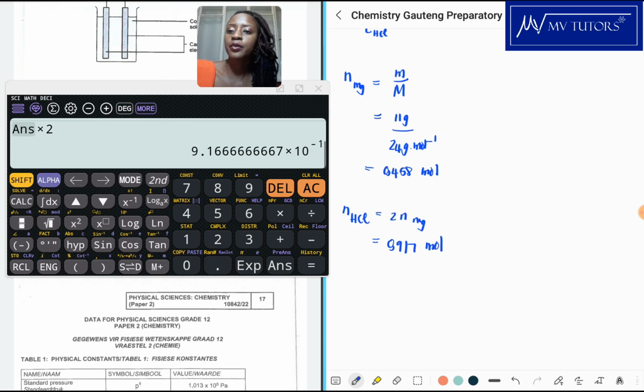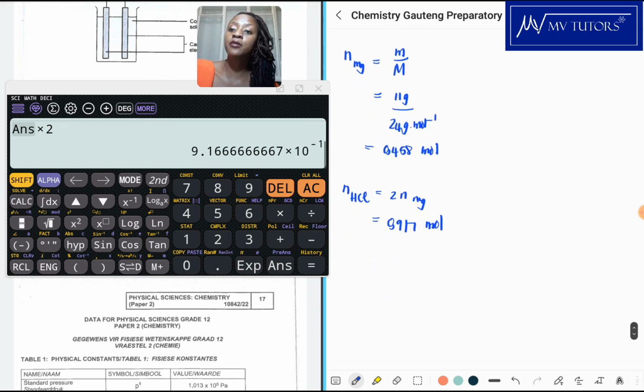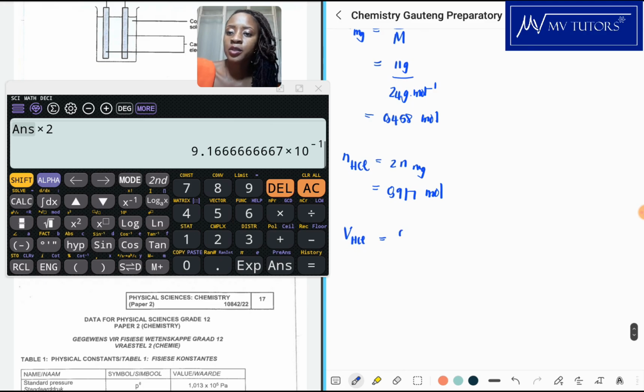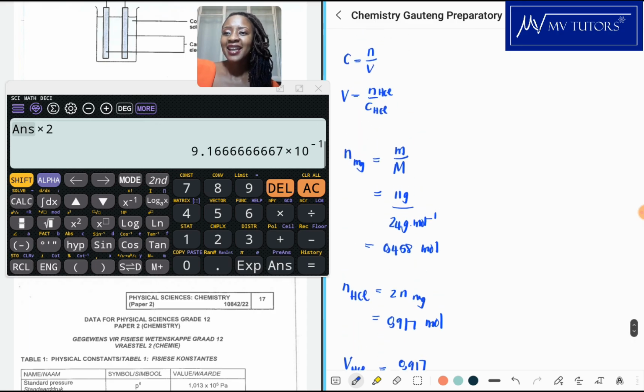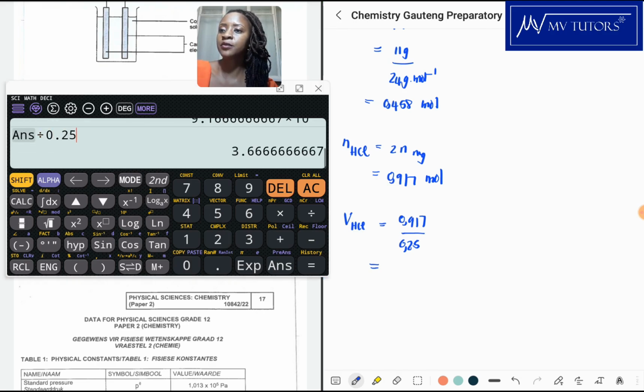mole. Okay, now that we have the number of moles, we also have the concentration. So the volume for hydrochloric acid will be the number of moles, which is 0.917. Please don't forget to keep that answer in the calculator so that your final answer is not watered down. Okay, and then the concentration was 0.25. So at the end, if I take that and divide it by 0.25, we are going to get 3.67